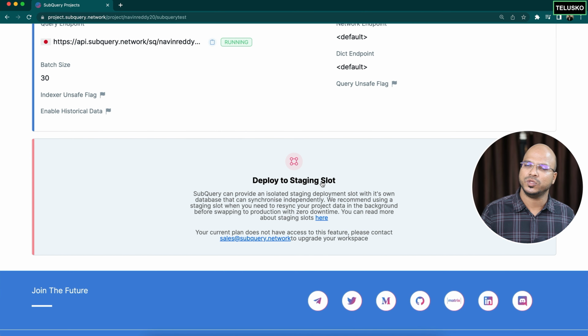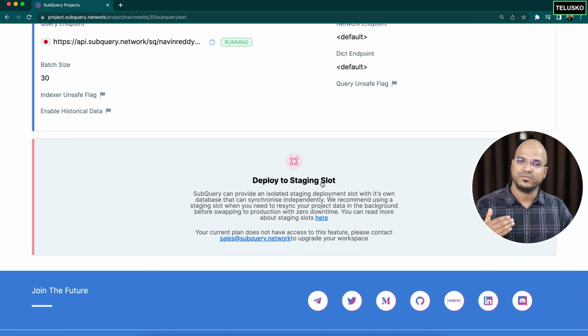So basically, whenever you build a project, and if your project is already deployed, and you want to upload a new version, and that's what we do, right? Every time you make some changes, you deploy the new project. Instead of directly deploying it to production, which will be risky, because let's say your project is deployed and people are using it, and suddenly you make changes and push them, first of all, it will be down for some time because you are making a change. Second, what if your code fails in production? We don't want that, right? We don't want the user to get affected. In that case, you will be using the staging slot.